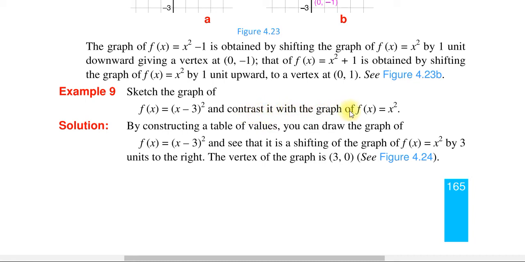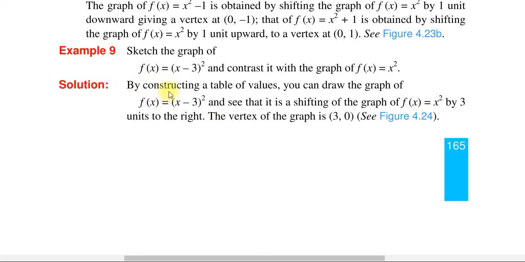Contrast it with the graph of f of x equal to x square. By constructing a table of values you can draw the graph of f of x equal to x minus 3 the whole square and see that it is a shifting of the graph f of x is equal to x square by 3